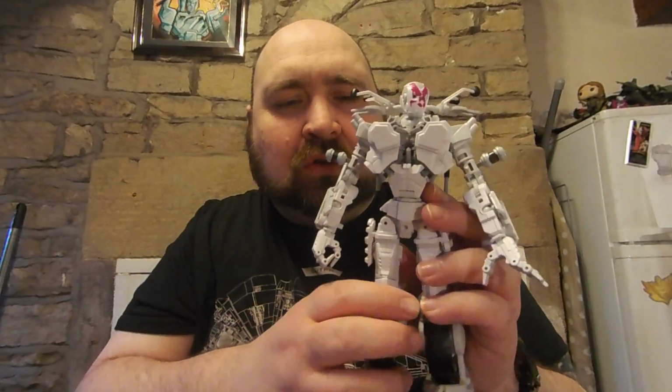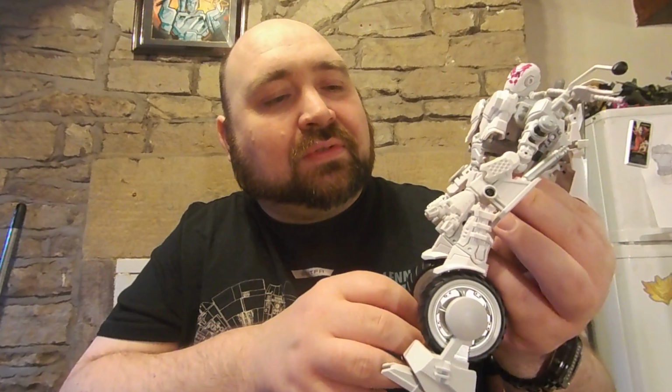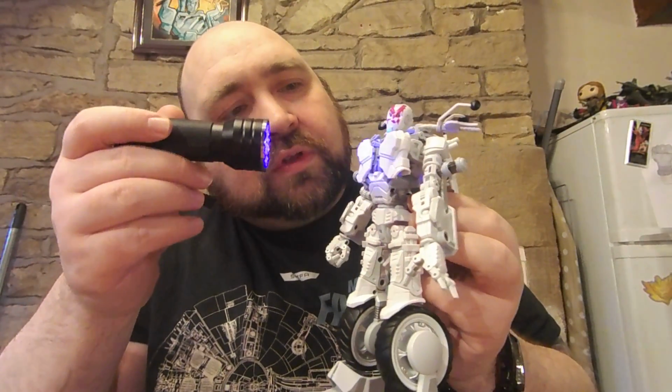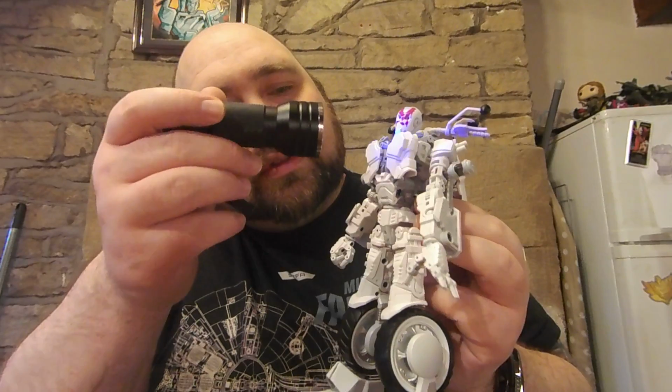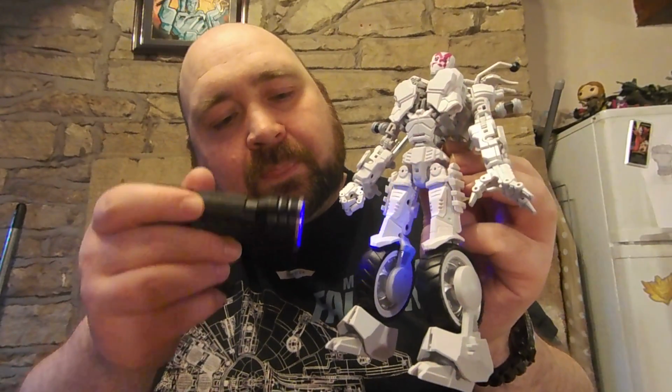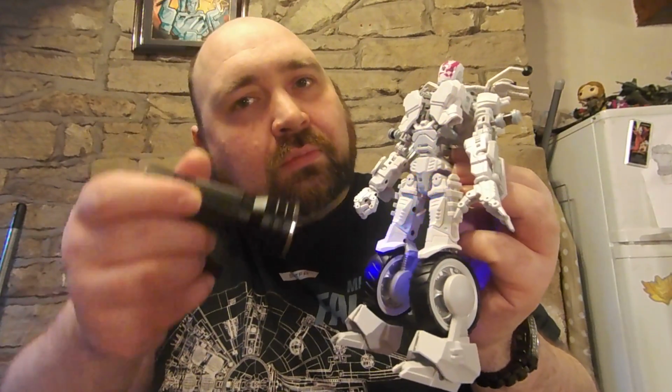And again, it's this all white deco that you could be forgiven for thinking is black, but there's actually quite a few paint apps on here. It's white and then off-white and then a slightly different grey and all kinds of things. I'm not sure if anything's going to pick up if I try putting this UV light on him, and you could see that there's various areas that pick up that show there's various bits of paint on him. I'm not sure how well that will come out on camera. I could just be waving this around, nothing. But yeah,